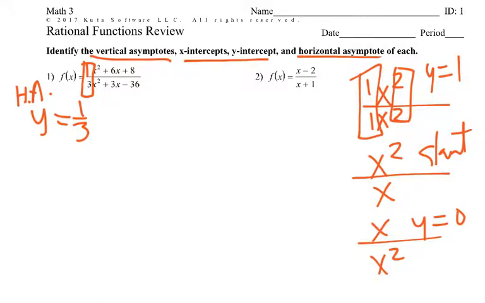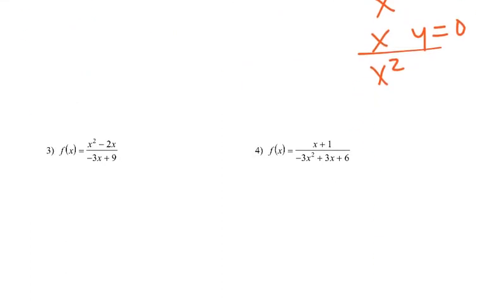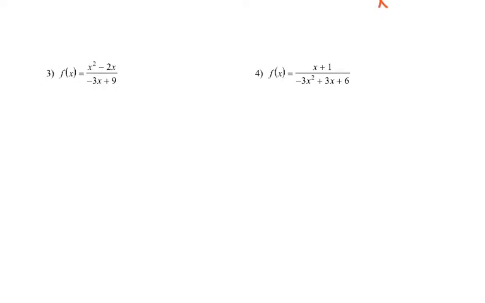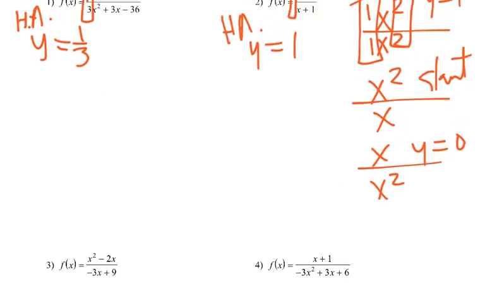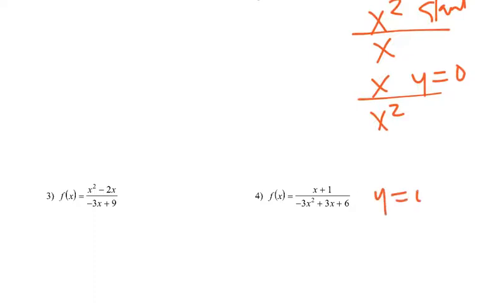If we look at number 2, for our horizontal asymptote we have both x's, so it would be 1 over 1, so y equals 1. If we look at 3, it's not going to follow that case. But if we look at 4, we've got y equals 0 because of degree 1 over degree 2. Okay, so those would be our horizontal asymptotes. Okay, for 3,